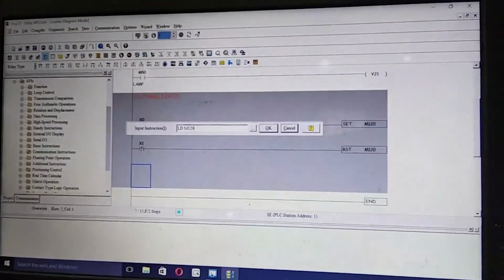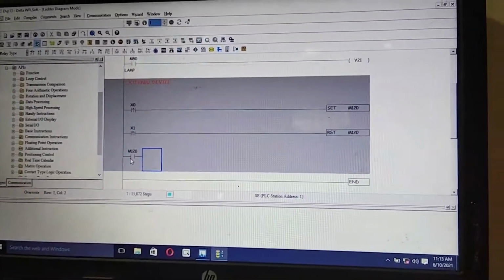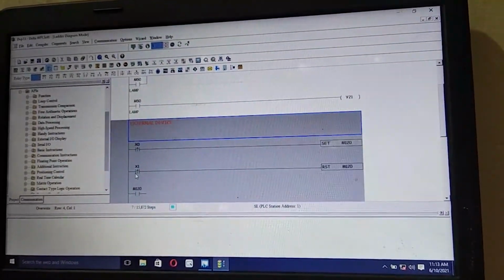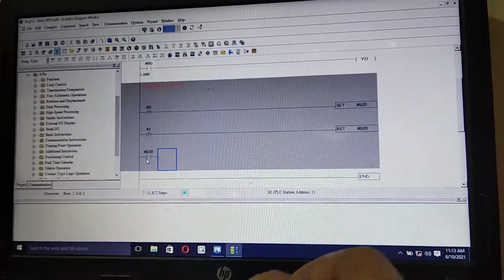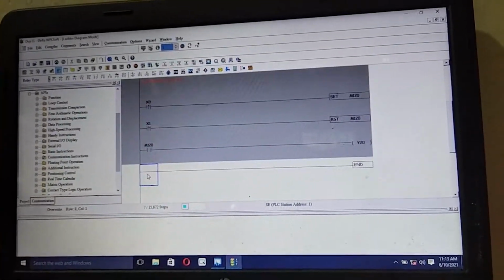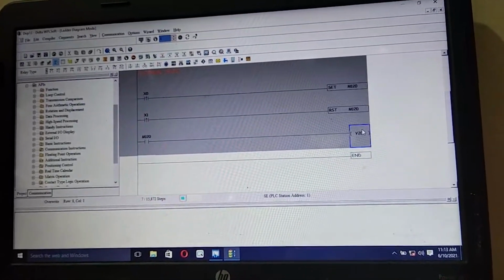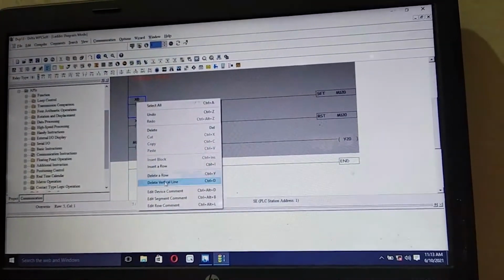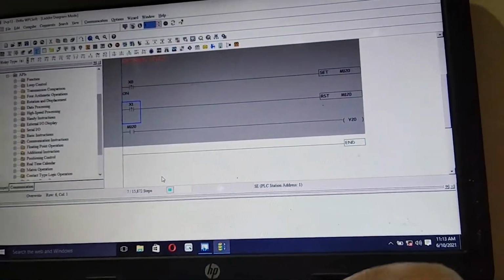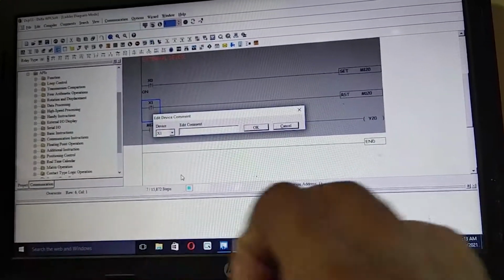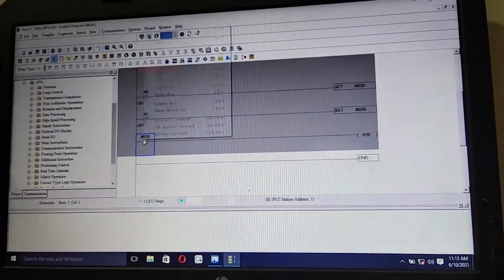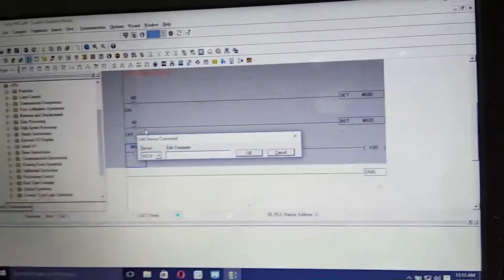So if M120 is on, I need to connect an output. I am using a Y output here, Y20, because Y1 is for the extension model. I name it as on and off, and name it as red, because I can't put the red indication.